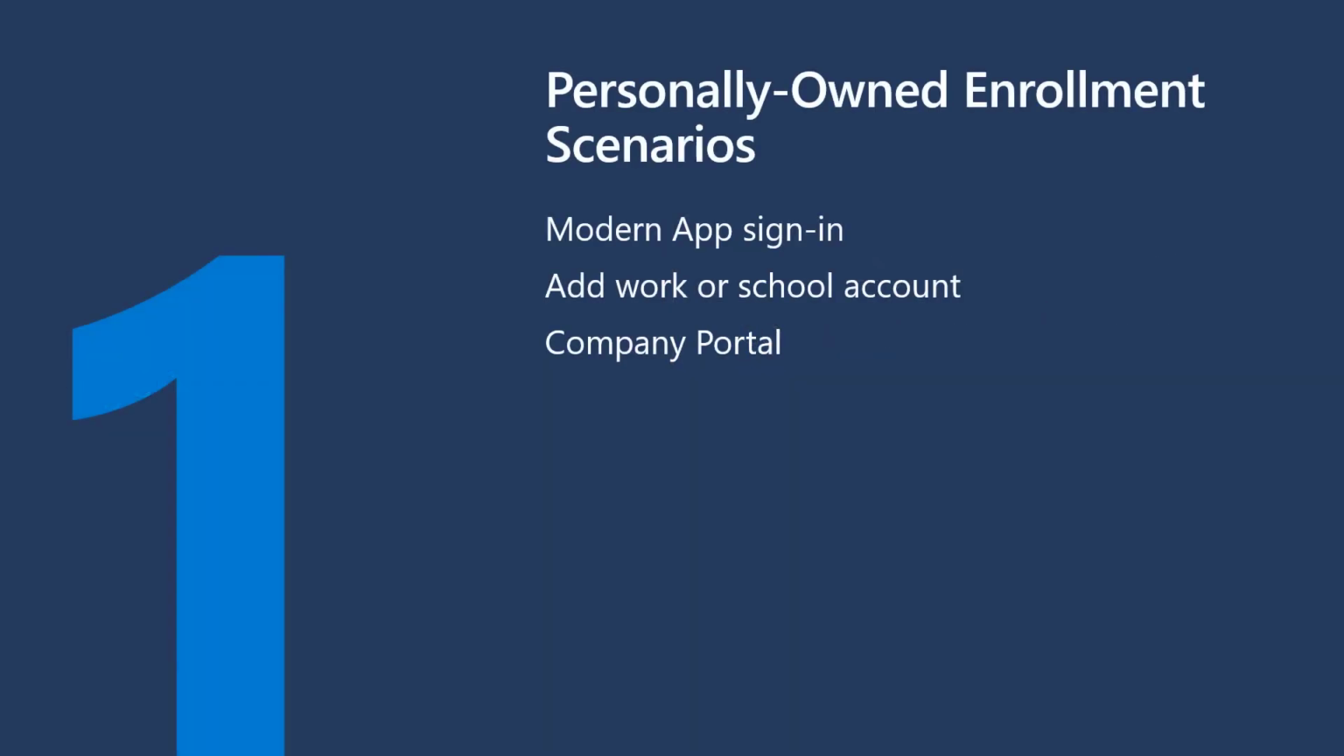In this first part, which is enrollment of personally owned devices, we're gonna look at three different walkthroughs. We're gonna look at the enrollment using Modern App Sign-In. Then we will look at Add Work or School Account, and lastly, we will look at the enrollment via Company Portal. In all these scenarios, the devices will be registered in Azure Active Directory and then automatically enrolled into the